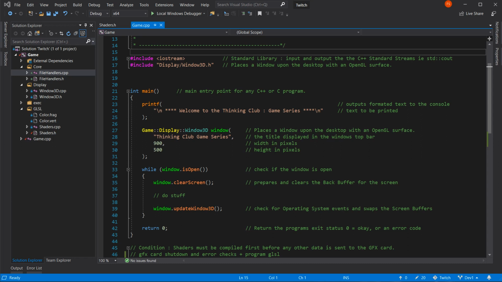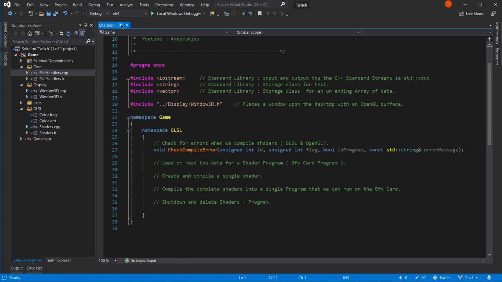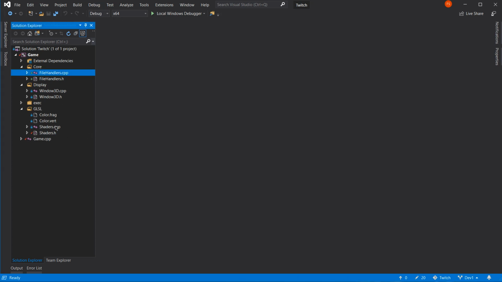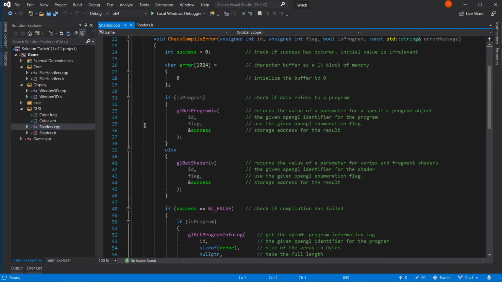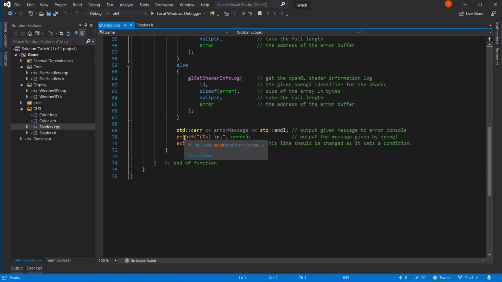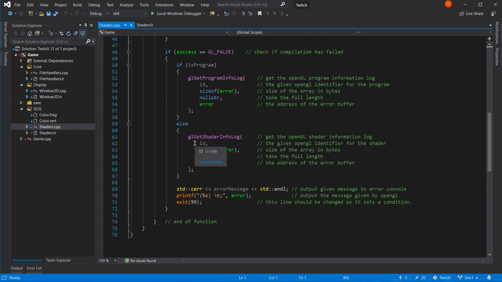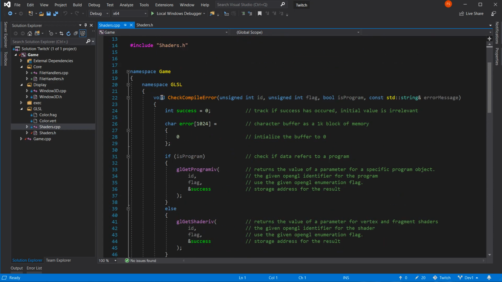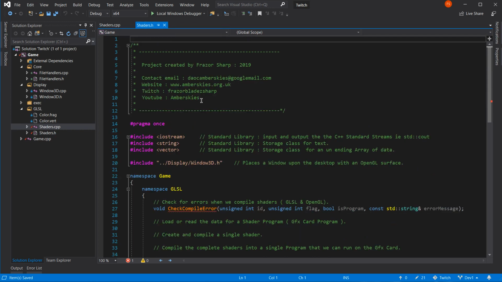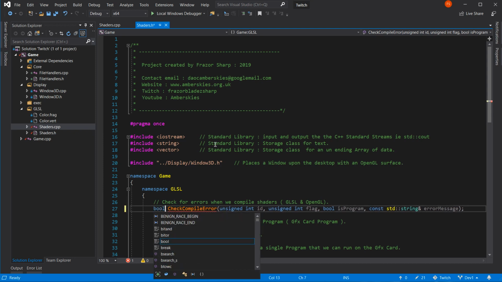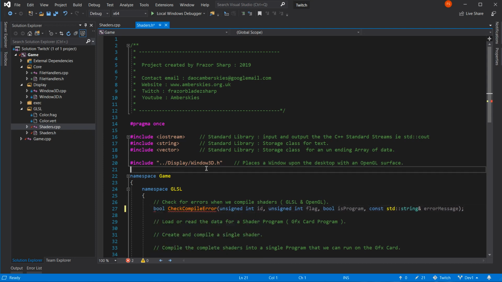Shaders.cpp, check compiler error, has this exit 99. Now, it's a void. Why not make it a bool? It's pretty obvious, really, after what I've just done, just to turn it into a bool. I would have thought that that would make sense.